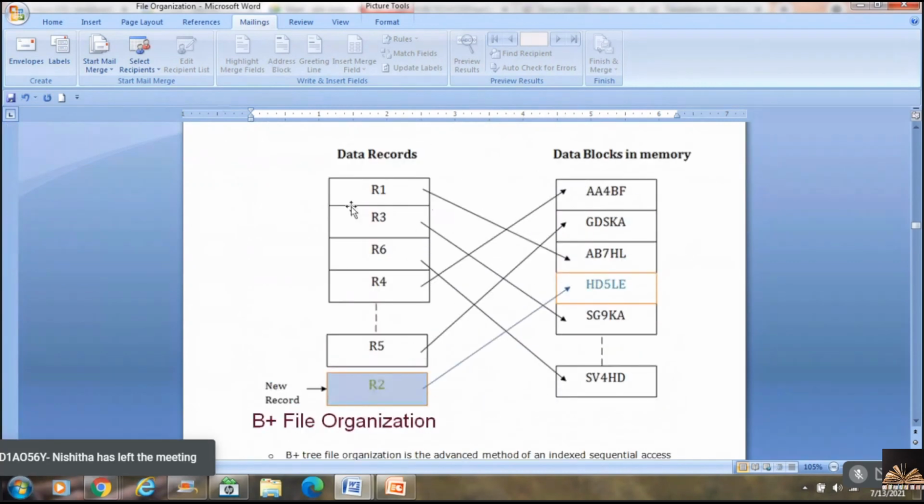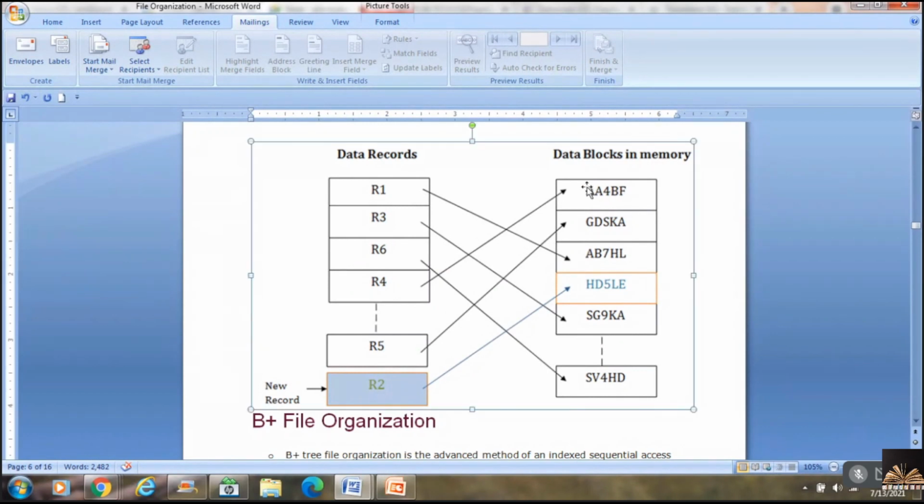So see here, data records are there, R1, R3, R6, R4, and so on, in data blocks in memory. If you want to store a new record, again you generate the hash function, look for the memory address generated by the hash function, and put the record there. And if that particular location is already filled, so maybe I have generated a hash function for R2 and it gives me address AA4BF, or a value 1.